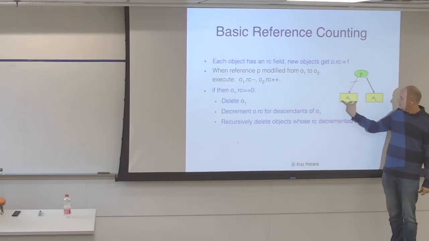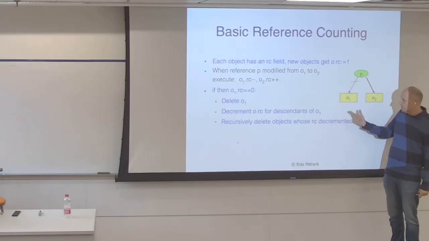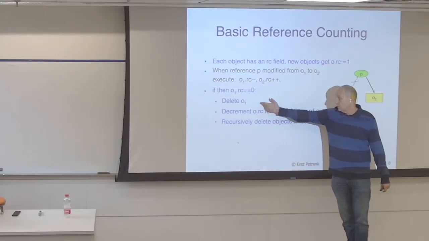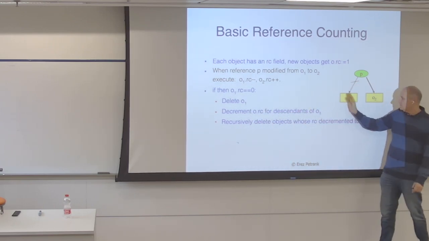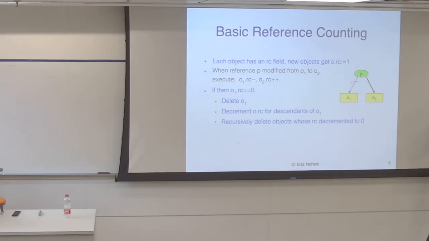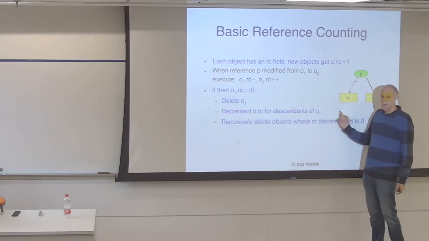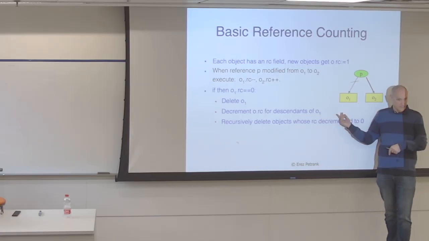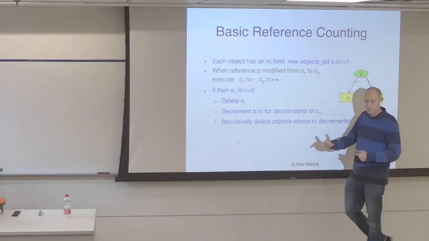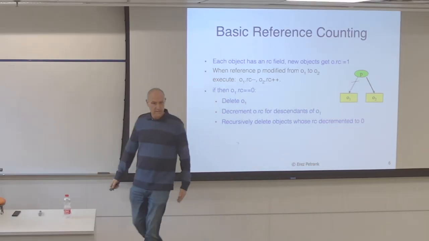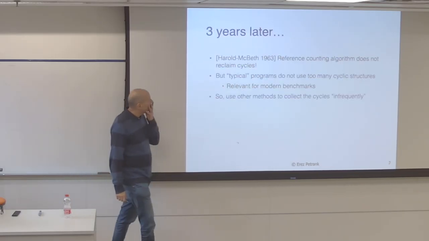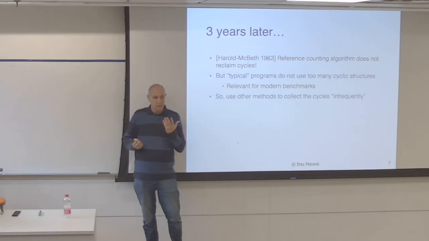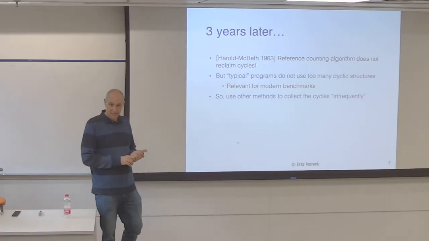What we should notice is that if we reclaim it, then all its children lose a reference count. So we delete it, return it to the allocator, and then decrement the reference counts for all its descendants. And this could become recursive, because if one of them becomes 0, then we have to delete it and then decrement for all its children and so forth. So this is the basic method, and from 1960, three years later, it was noticed that it doesn't reclaim